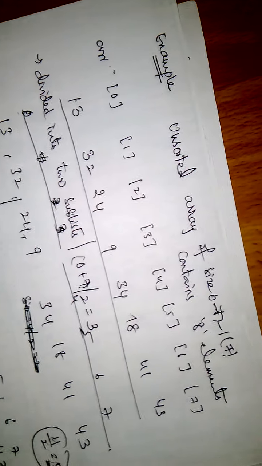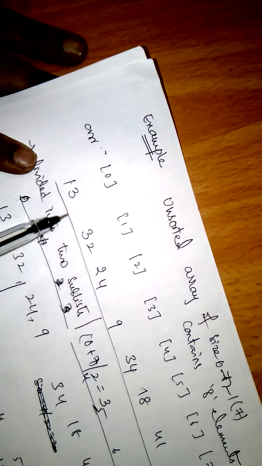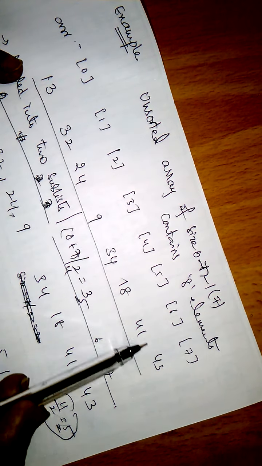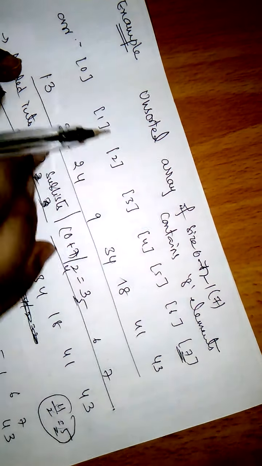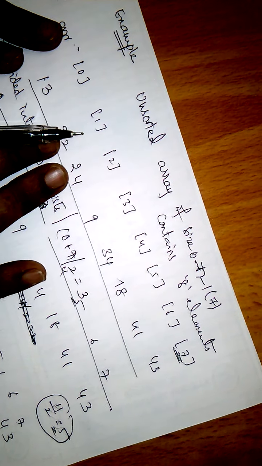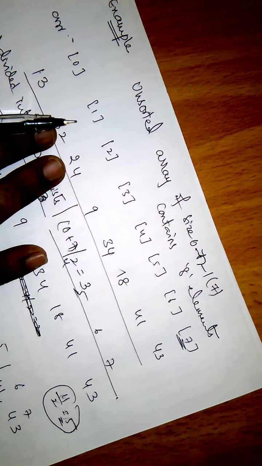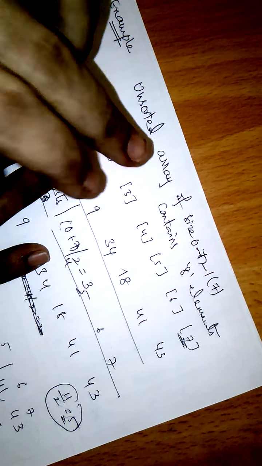I will explain the same thing with an example. Now you see, this is an unsorted array where the number of elements is 8, so the size of the array is 7 as the last index. In order to arrange this unsorted list of elements into a sorted list, we have to divide or break this list into sublists.